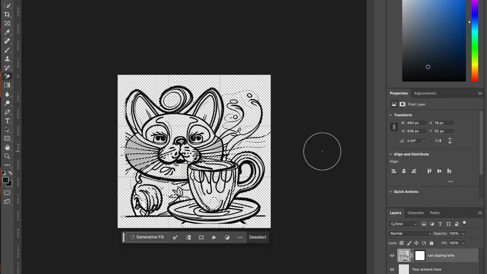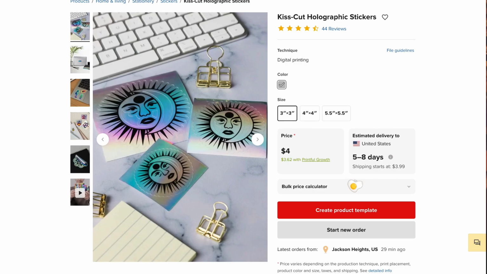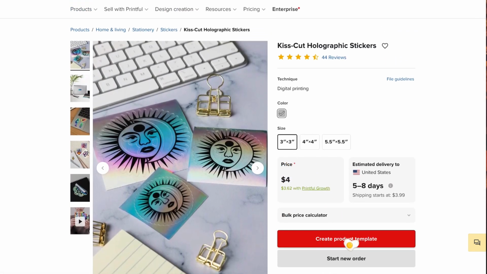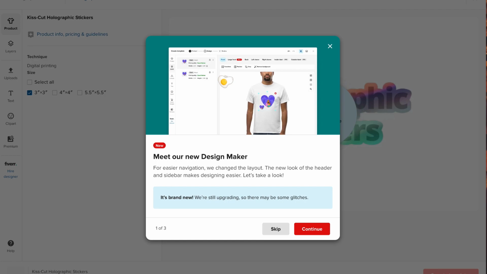to Printful. We're going to go on Printful, where the same file where we actually download our file template here, we're going to go and create a product template. So let's click on that. And so this is going to take us through, if this is your first time, the design maker within Printful. So you don't have to have Adobe Photoshop, but it's great to have because of the new AI feature. If you don't like to draw, if you do draw, you can then upload your drawings, scan it in, edit it a little bit, format it to fit that particular file template, and then save it as